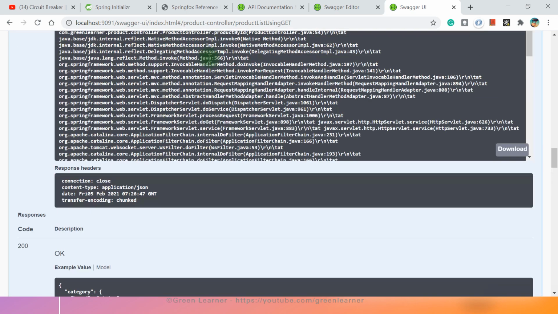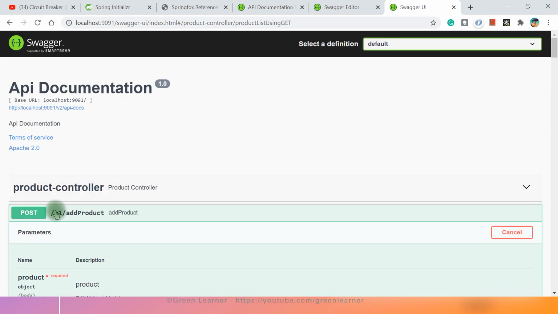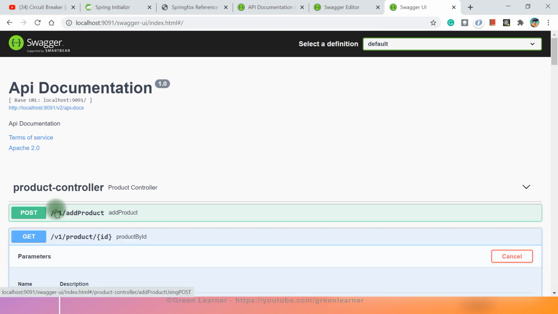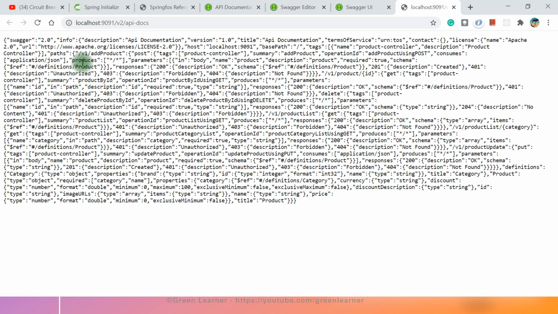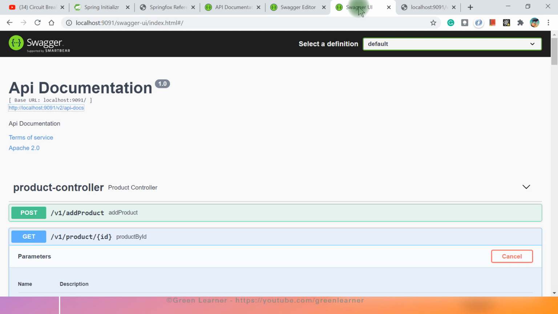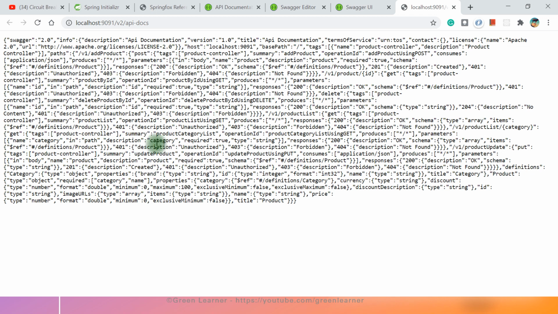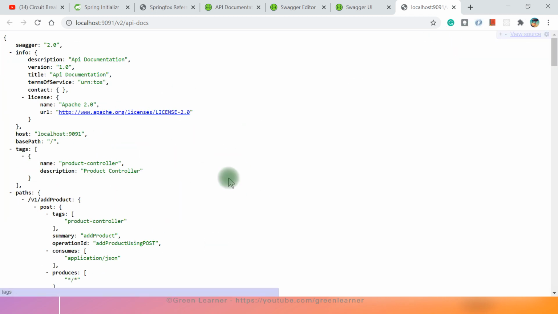So this is the one way that you get the inbuilt user interface in itself, right? And if you want to go the other way, to see how it is rendering all those things, if you click on this URL, you see you get this jumbled data here. So this JSON data is being beautified by the UI itself here. If you want to take this JSON and generate the documentation out of it, you can do that as well.